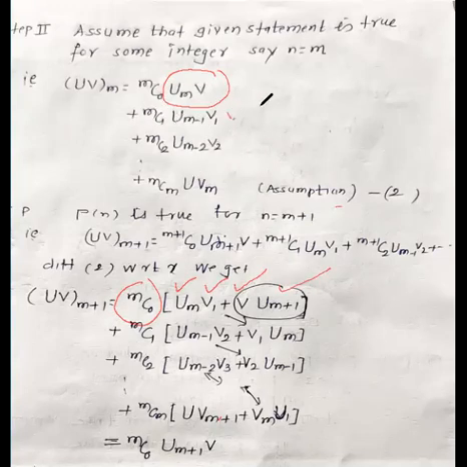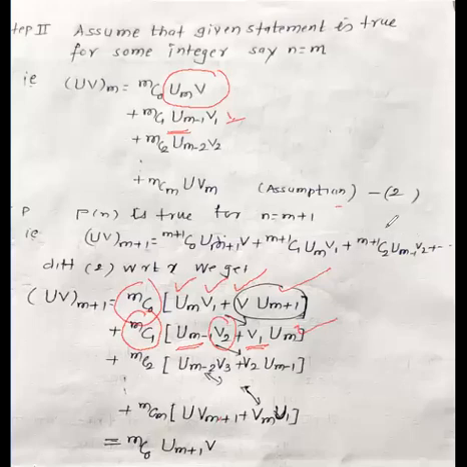Now differentiate the second term. mC1 is constant. This is mC1 as it is. Now again use the product rule. First function is um minus 1. Derivative of v1; the next derivative will be v2. Right? Then plus second function is v1, derivative of first. What is the derivative of um minus 1? Its derivative will be the next value. This suffix denotes the m minus 1th derivative. When you differentiate once again, you will get the mth derivative. So it will be um. And so on.